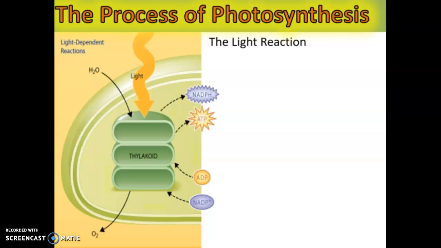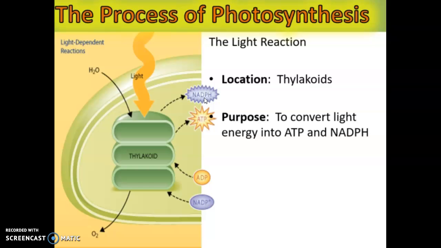We see that the light reaction takes place inside of the thylakoids, which are inside of the chloroplast. These stacks of green discs that we see right here. And the whole purpose is to take this light energy and convert it into a form of chemical energy. And the chemical energy that we're making is ATP and NADPH. However,